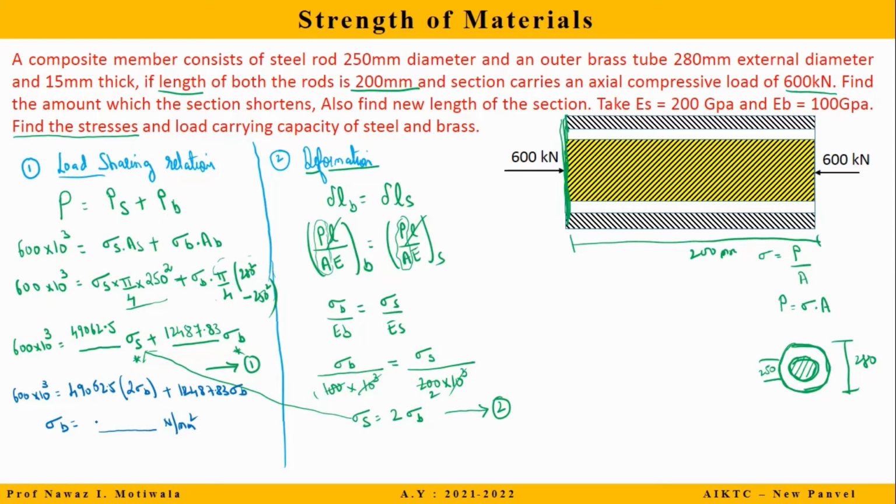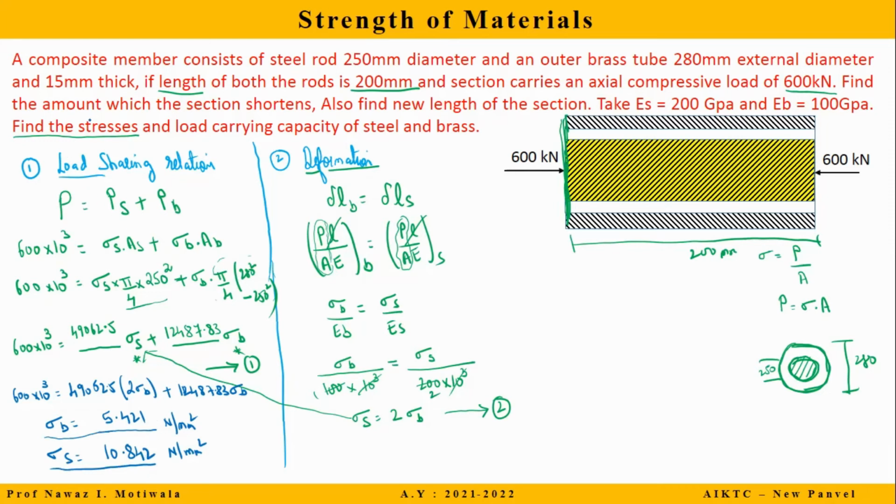5.424. Yes, that's the correct answer, which I also have. Sigma B is equal to 5.421. So once we got sigma B, we can substitute in this equation or any one of the two equations, and get the value of sigma S. We have the relation sigma S is twice sigma B. So if sigma B is 5.42, the answer for sigma S is very simple, 10.842. It's just double sigma B. So these are the two answers: sigma B and sigma S are equal to 5.421 and 10.842 respectively.